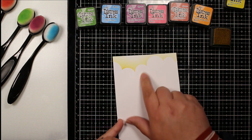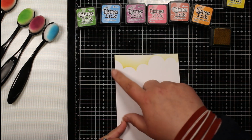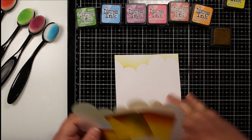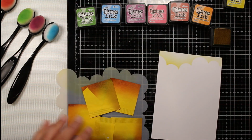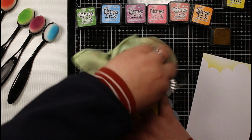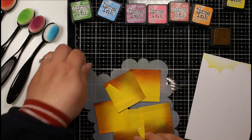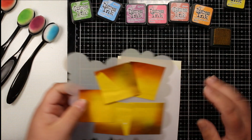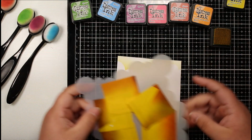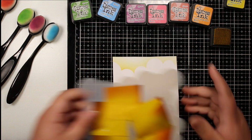you can then see our first cloud, and again, so you've got that really concentrated definition, but then it sort of has a really nice sort of a flowy effect. What I'm going to do, because I'm going to be rotating this and using then the different colours as well, I'm literally just going to wipe the excess off. If I was using maybe the same colour all the way around or the same colour family, I might not bother, but then when we start going into the different colours, it is then potentially going to transfer that previous